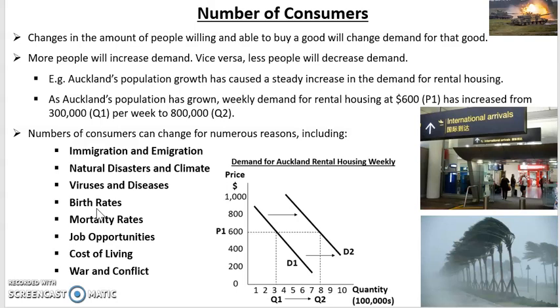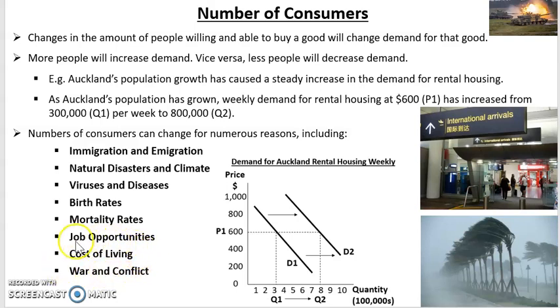Maternal death rates are decreasing as we get better hospital care. So people are living longer, which is fantastic. Job opportunities. People will move in between nations and regions within a country due to the amount of job opportunities. Cost of living. Well, Auckland, this is quite topical for us Aucklanders, as we have quite high cost of living,